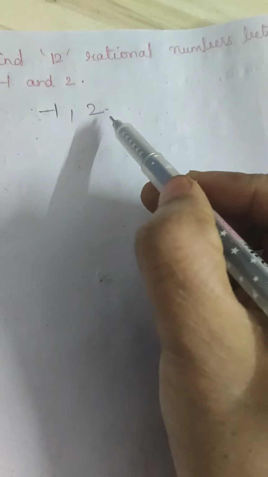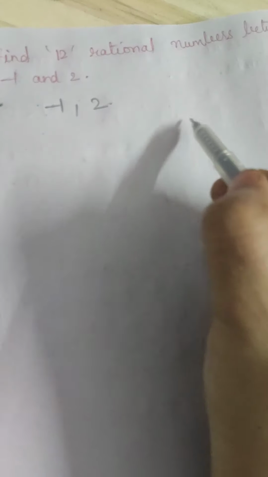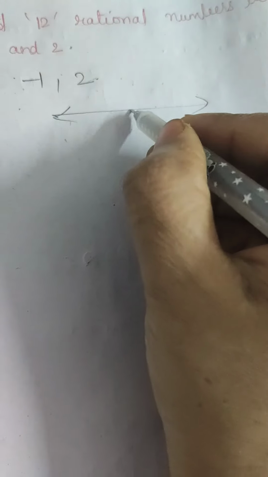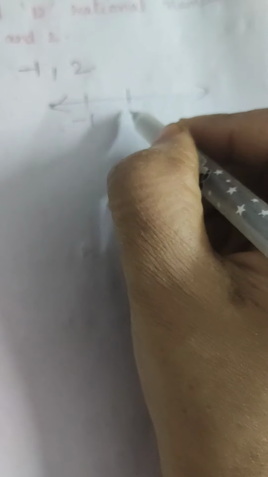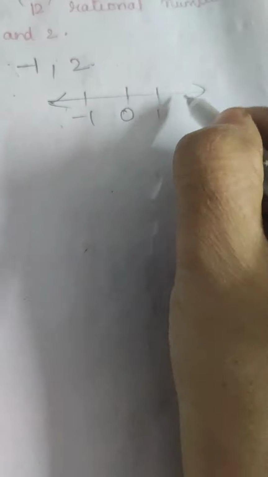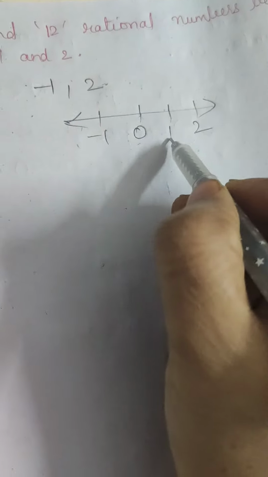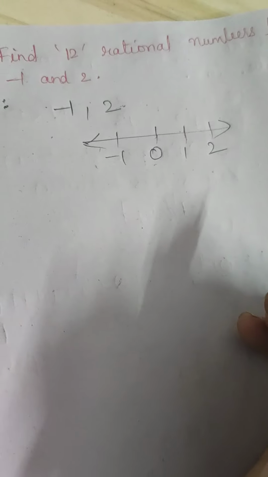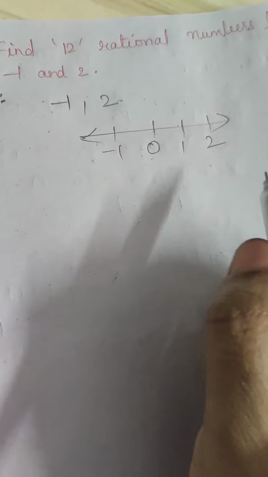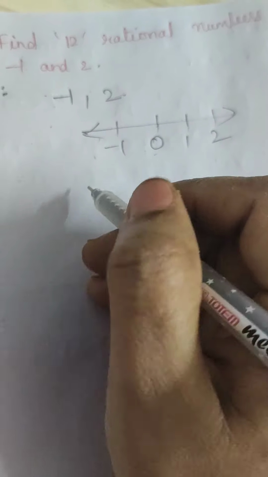between these two numbers. If we directly plot on the number line, how many numbers do we get between these two numbers? We get only -1, 0, 1 and 2. How many values can we get? Only 2 values. But we need 12 values. So for that, what should we do? We just multiply and divide by